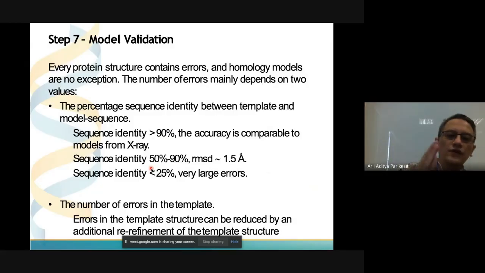So if your query aligns to a template that is, I don't know, the protease of SARS-CoV-2 protein, it's highly probable that your query will be a protease of SARS-CoV-2 protein. Very simple. You don't need those fancy instruments to obtain information about the sequence structure. Very cheap. You just need your own laptop. Simple and cheap.